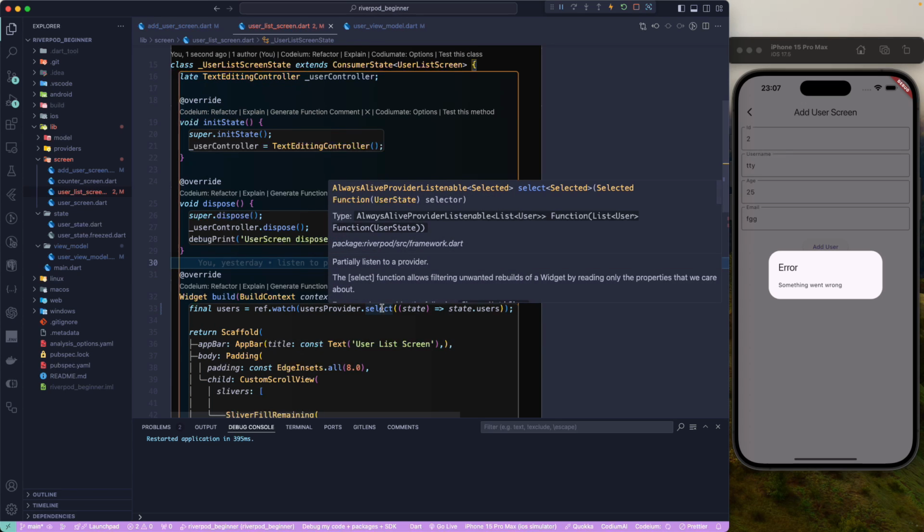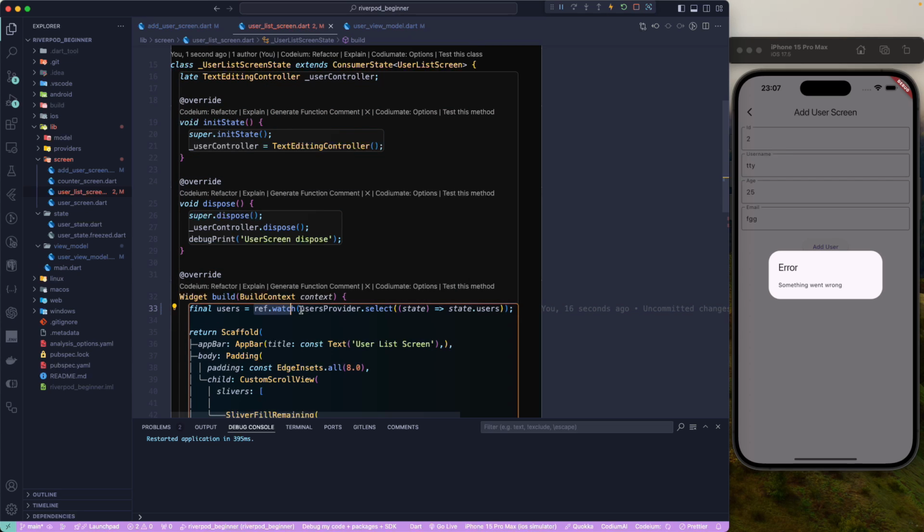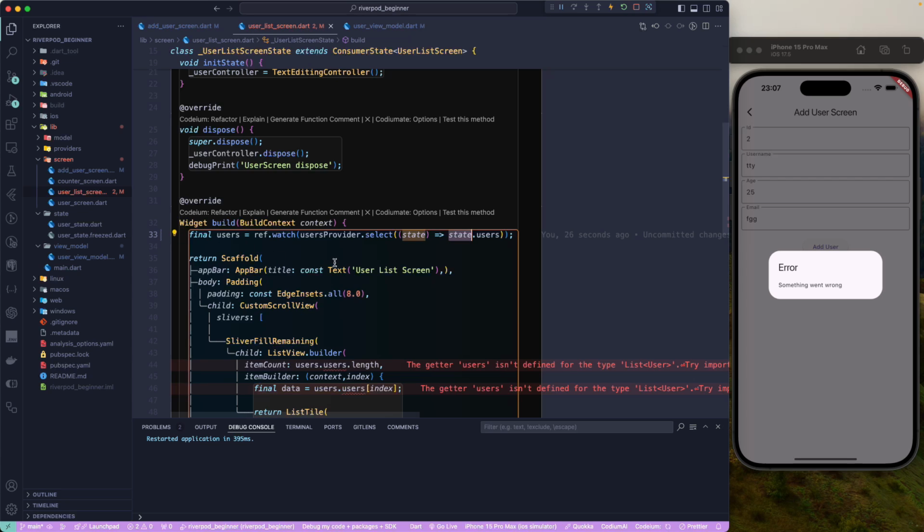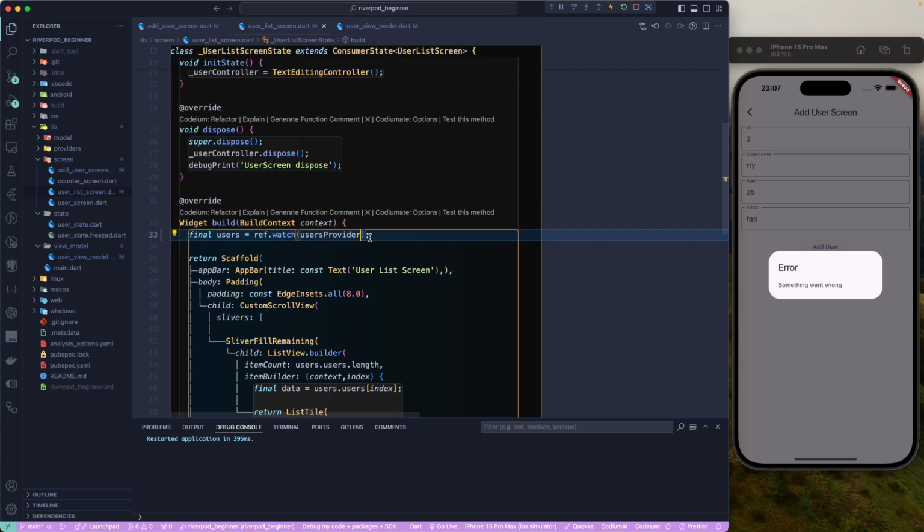And if you go and read the documentation, the select function allows filtering unwanted rebuilds of the widget by reading only the property that we care about. So basically, if you are using ref.watch, it prevents your widget from rebuilding. So like if the user or the state dot each added is changed, we don't want to rebuild over here. So let's just remove this one for now,